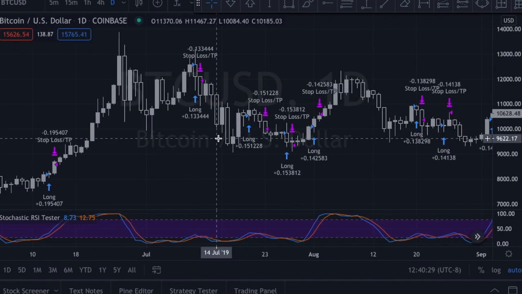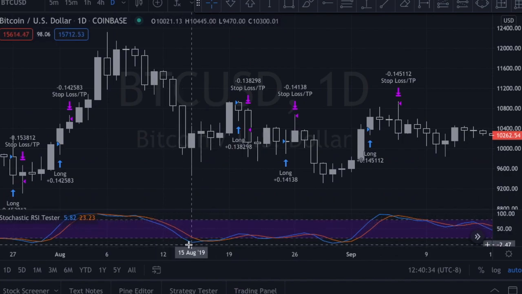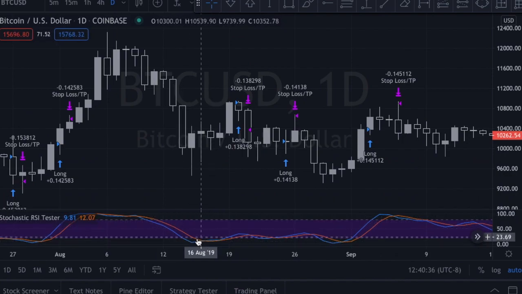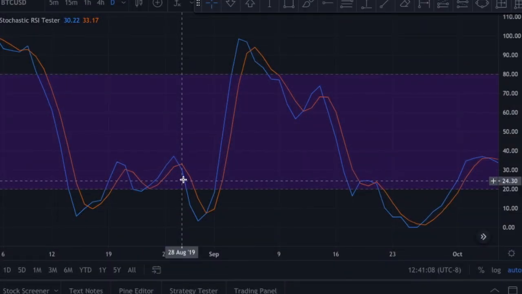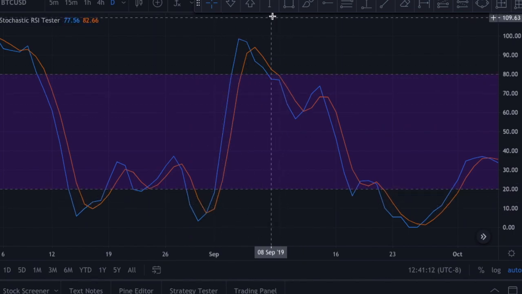So now our third test that we're going to test is the blue line coming above the orange line and the blue line still being below the 20 line. Let's see how that does. When we have a type of signal where the blue line still has to be below the band when there's a crossover, we actually